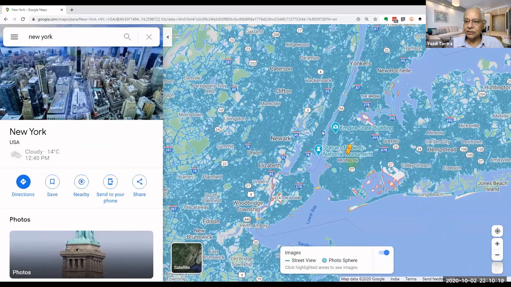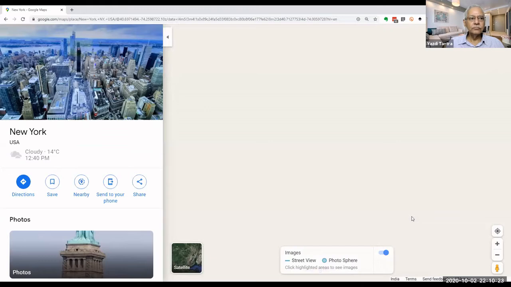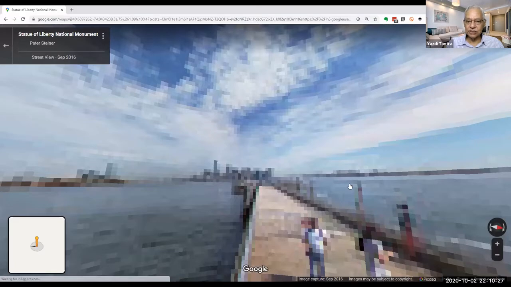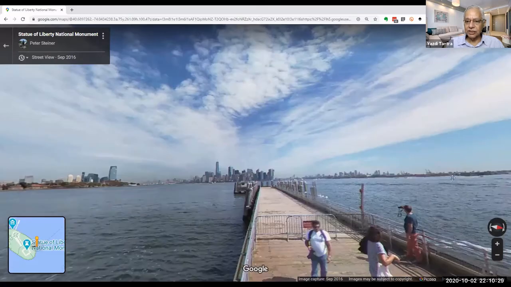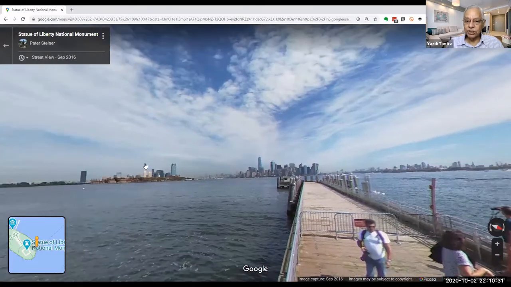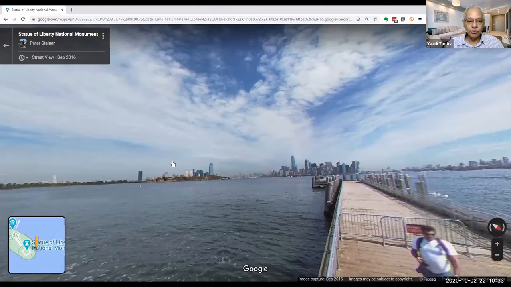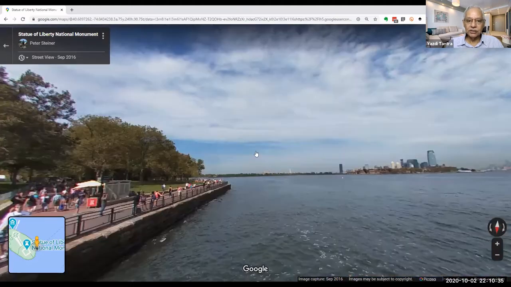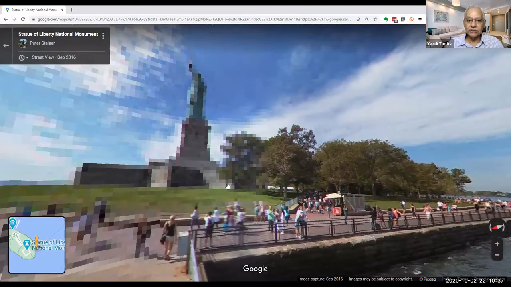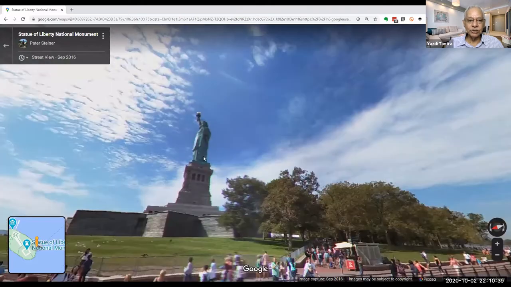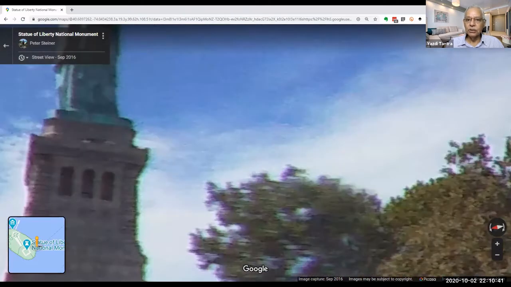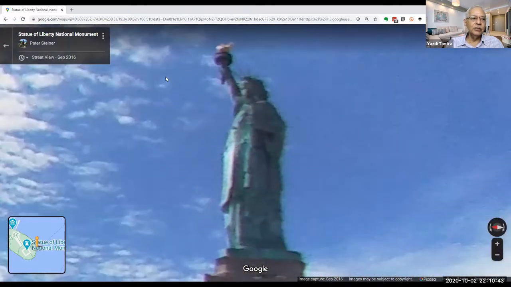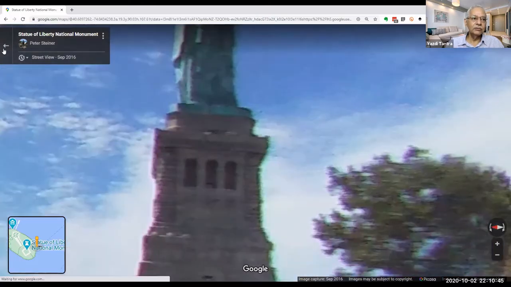So I am saying I want to go to Statue of Liberty and have a street view. So this is what I will see when I am standing at the Statue of Liberty. I can just move around, take a panoramic view. This is the Statue of Liberty that is almost on an island. I can zoom in, zoom out, whatever I want to do. So this is a very simple sort of a thing. I can do this.